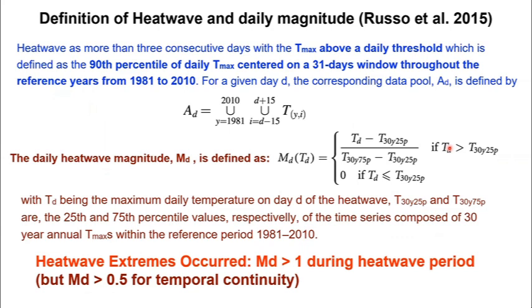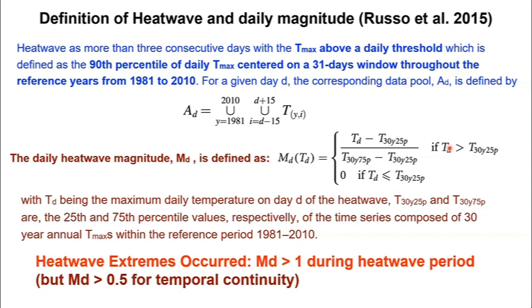developed by Russell et al. 2015, that they have a daily magnitude for the heat wave. And the way they define it is, first, you have to set up what is the period for the heat wave. Typically, for a particular day, use a 31-day running window and take 30 years of data, and then any temperature that is higher than like 90% for consecutive 3 days. Those are the so-called traditional indices that try to define the heat wave.